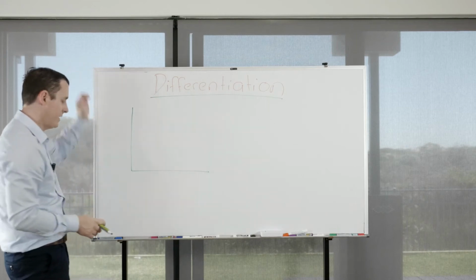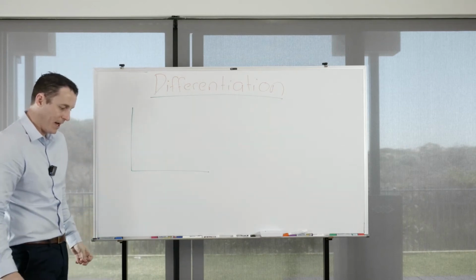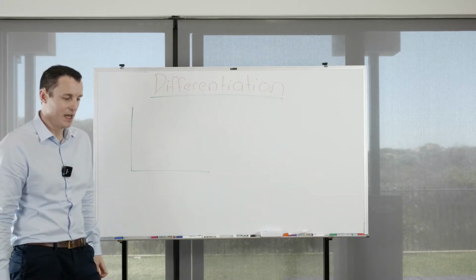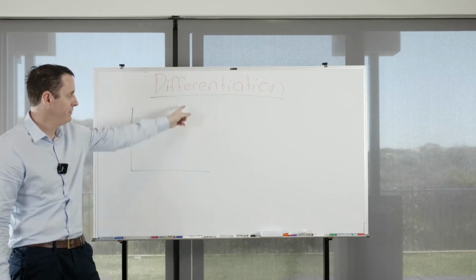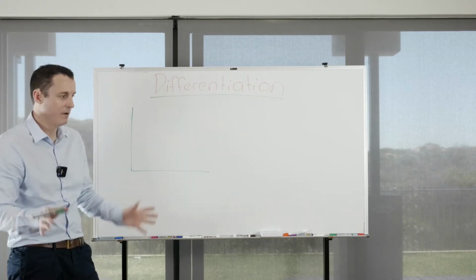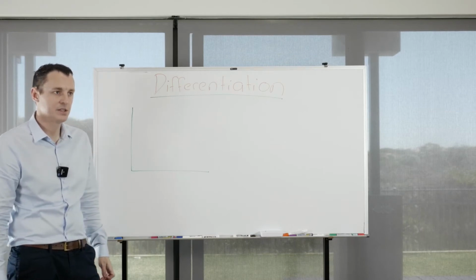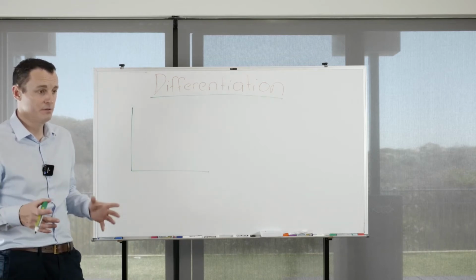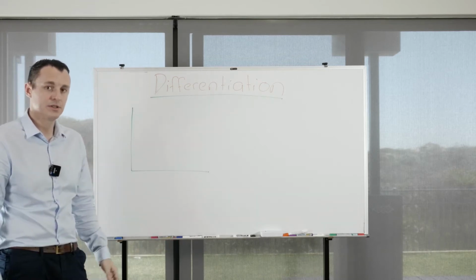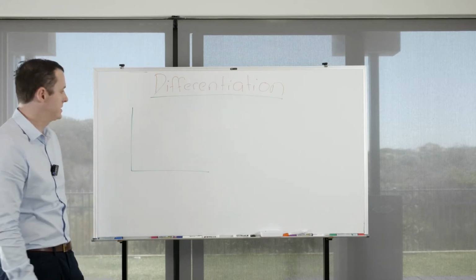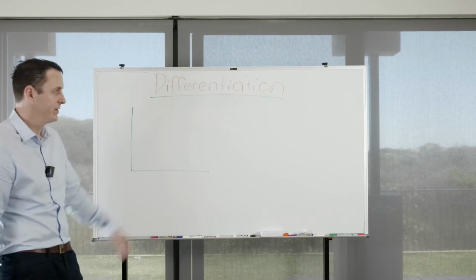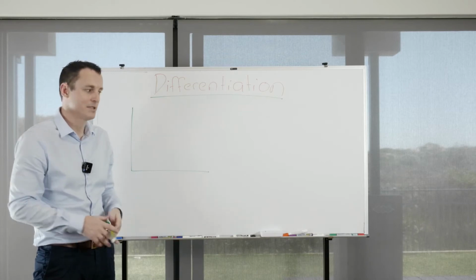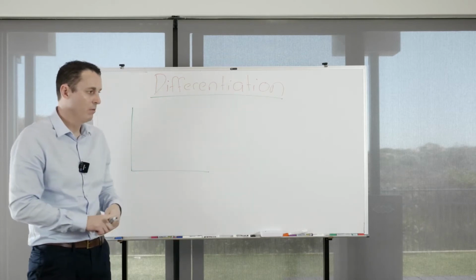So I just want to do a quick little graphic here just to explain how differentiation might work if you're teaching large groups of students. Because as I said, doing that with an individual student is relatively easy. There are lots of different ways you can do it, but it's relatively easy and straightforward, particularly if you know that student really well. When you're teaching large groups of students, or even if you're a support worker working with large groups of students, that's where it becomes not tricky, but it takes a little bit more thought